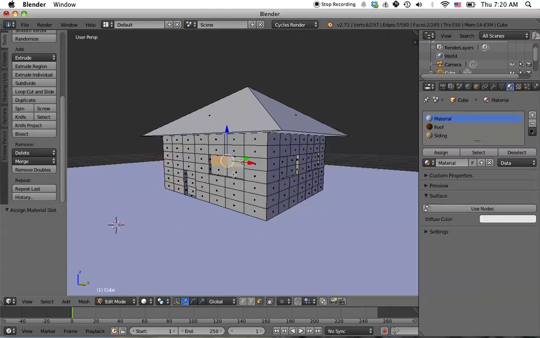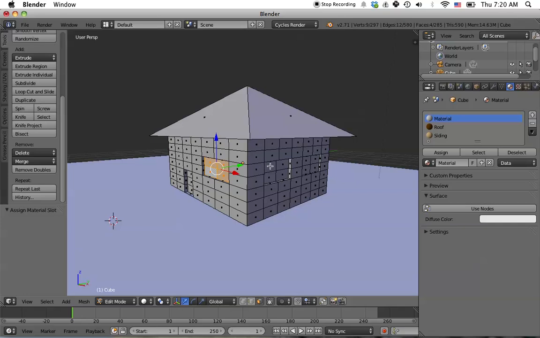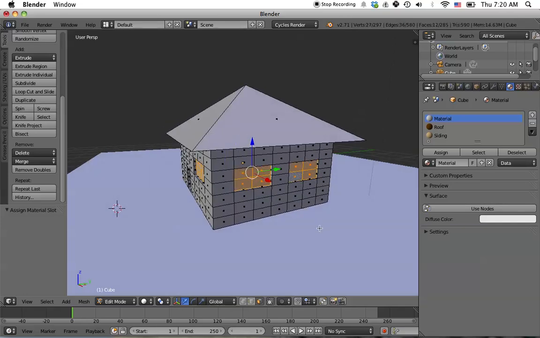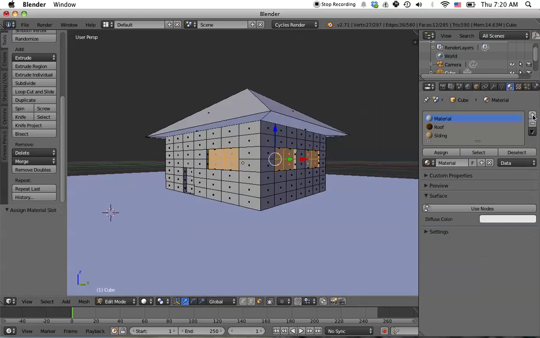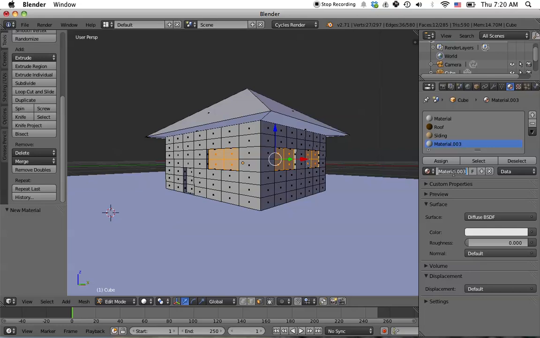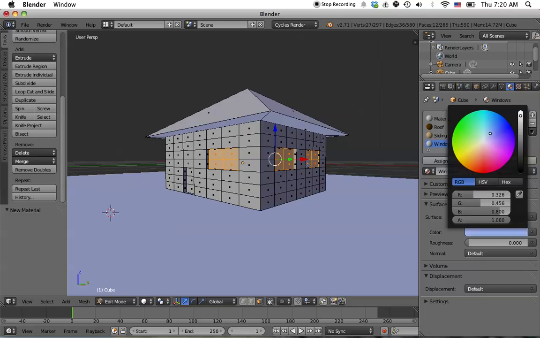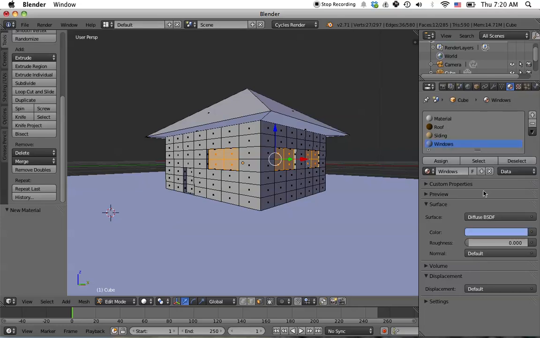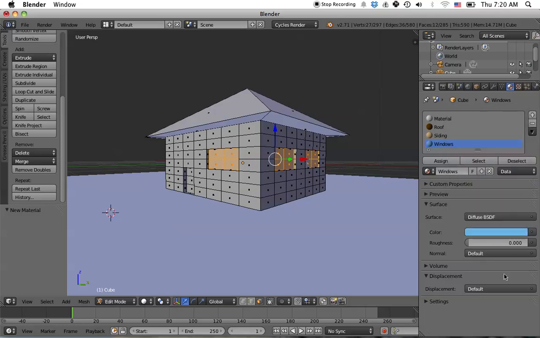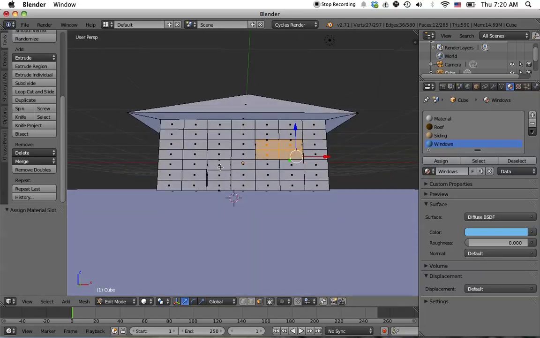Alright, now we'll select our windows. Okay, and we'll create a new color. The plus here, and then New. We'll call this Windows. And this one we'll make like a light blue. Alright, well that's not blue. There we go. And then click Assign, and then we'll select our door,